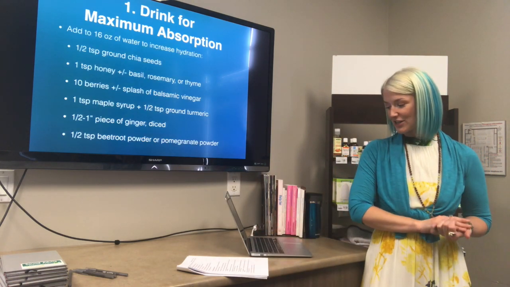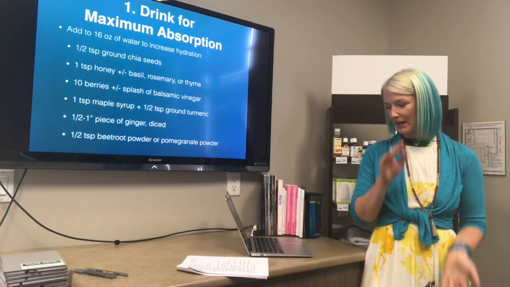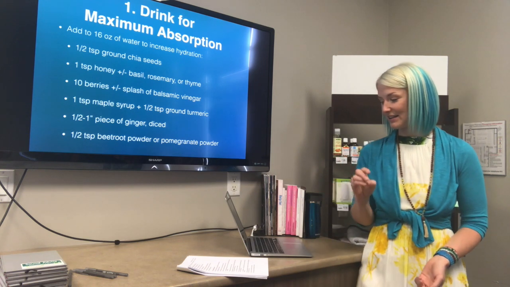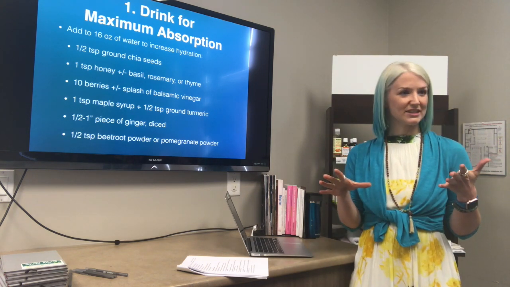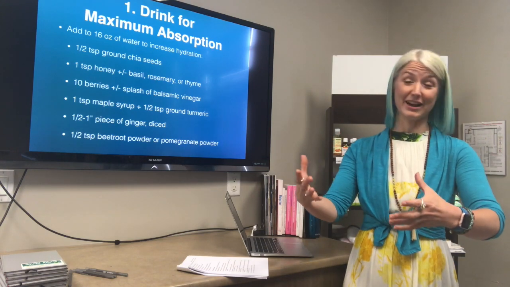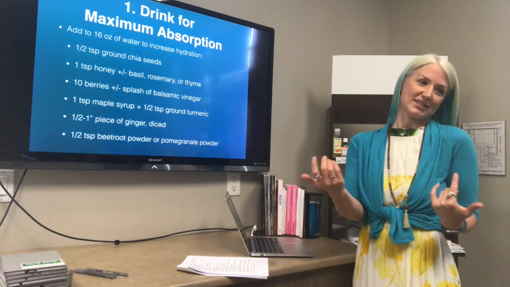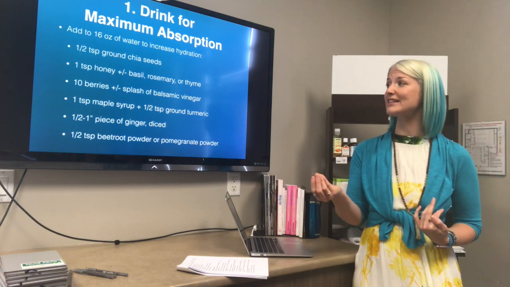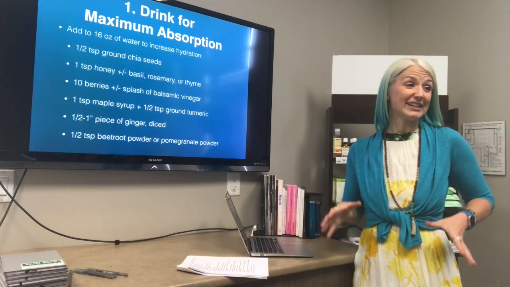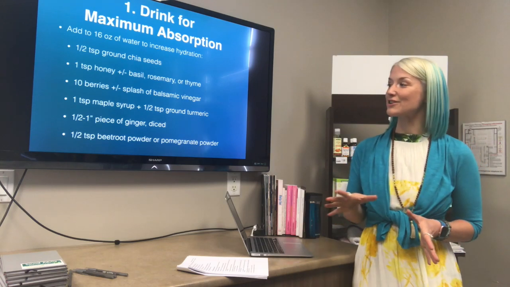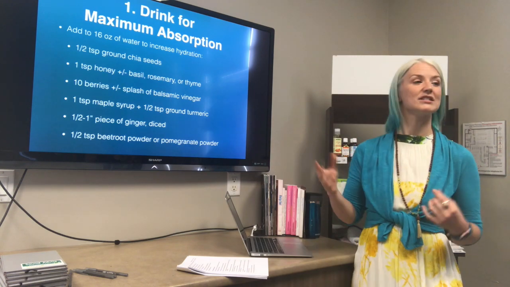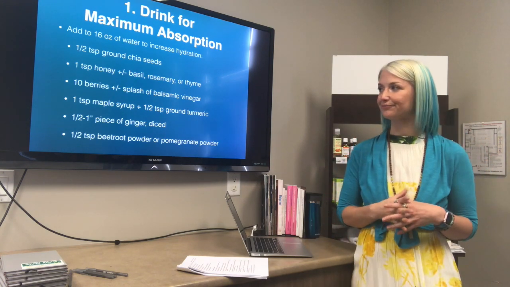So to increase hydration even more versus plain water, you take 16 ounces of water, and you can add ground chia seeds. Does anyone use chia seeds at all? Yeah, so if you don't grind them, they form this lovely little tapioca pudding type thing, which is great too. But if you grind them up, they can actually be mixed into your drinks. And so chia seeds are actually this biohack, if you will, of creating a slow release water from your guts. So it's a great way, and if you like to have a beverage near the end of your night, if you add chia seeds to it, it'll make it a slow release form in your belly.